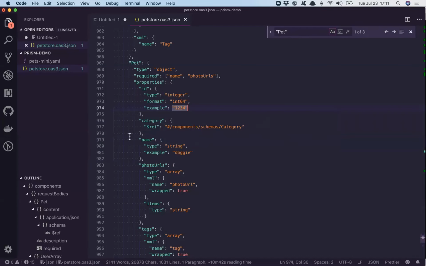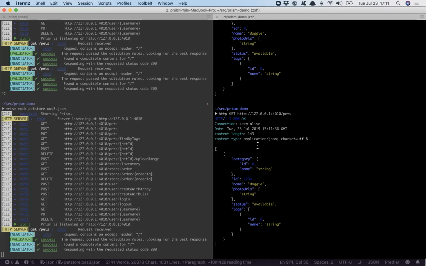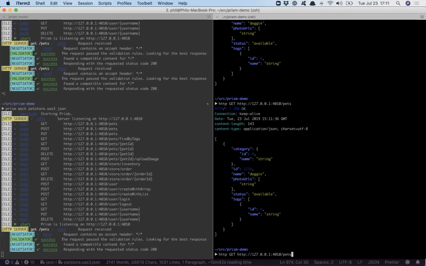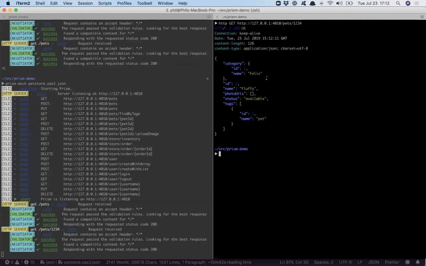Whilst you're creating your OpenAPI specs, just be aware that the more examples or default values that you can put in, the more you can put into this data source, the more useful it will be coming back. This is a collection of pets, and it also does resources. So you'll notice over here, we've got pets, pet ID, right? That accepts any number, as long as it is valid for the parameter type. And we will see Felis, the fluffy. It uses Faker to generate some of these names, so sometimes they're a little funny.